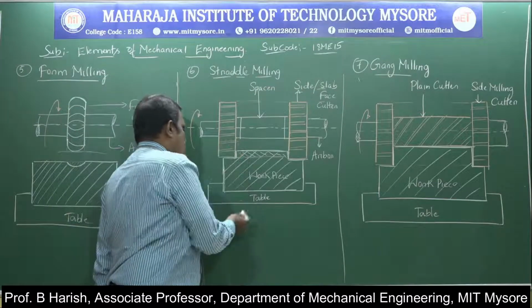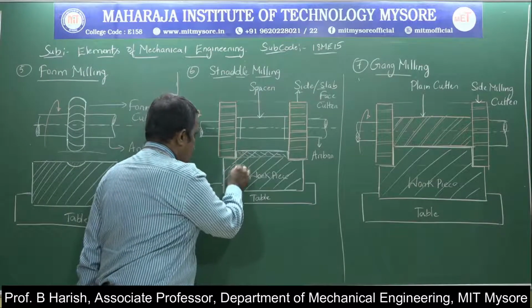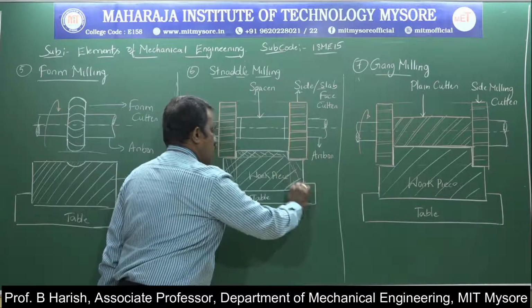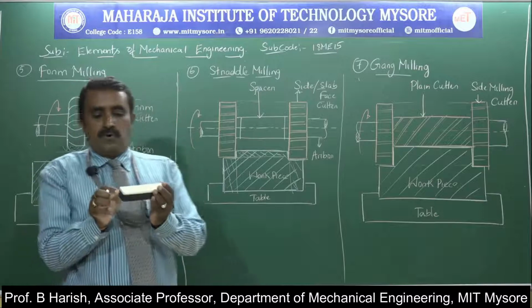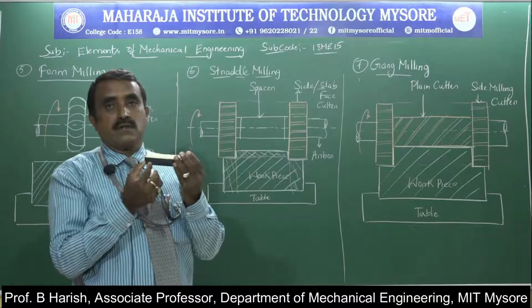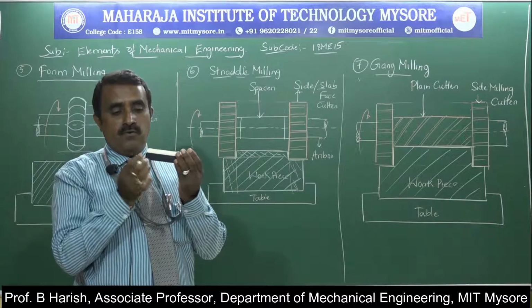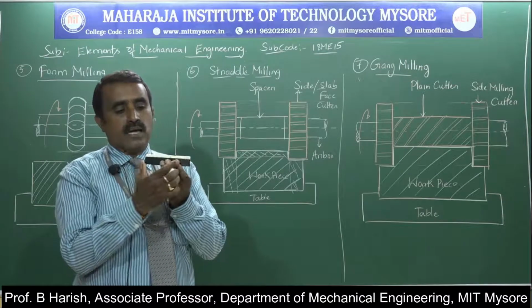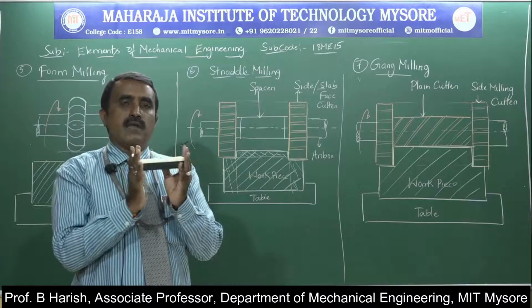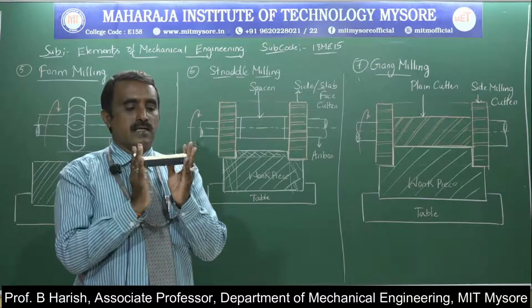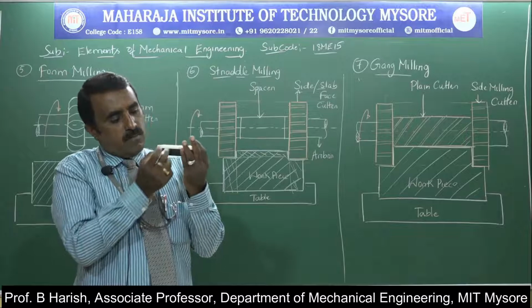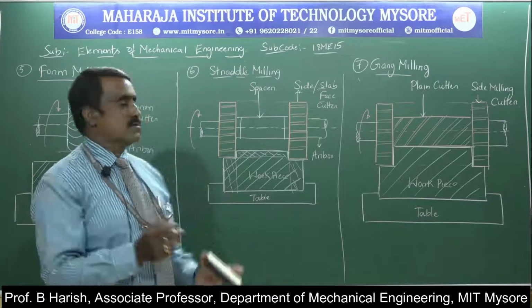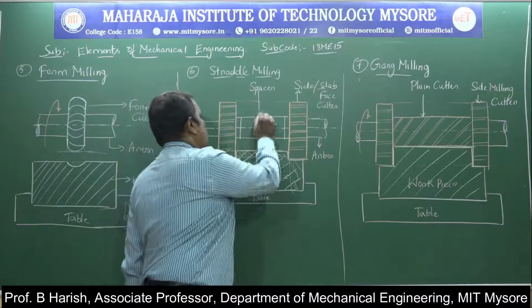Here as the workpiece is removed, completely this portion of material is removed at both the ends, for a larger thickness, not just surfacing. In a simple way you can say that if you want to reduce the length of the workpiece, I can go for straddle milling. Material is removed on this side and this side simultaneously, so when a larger amount of material is removed, its length is reduced.